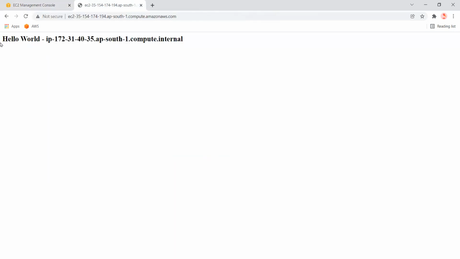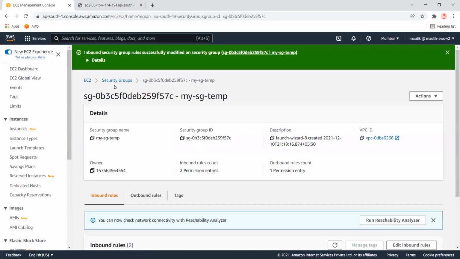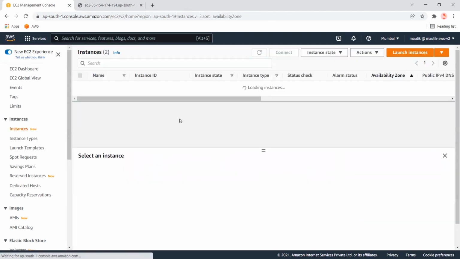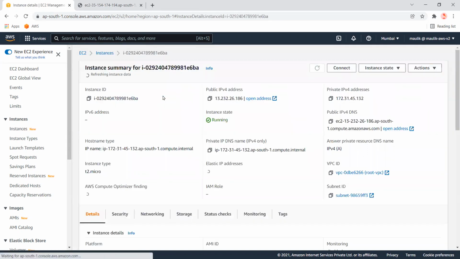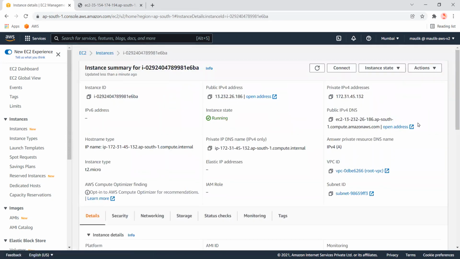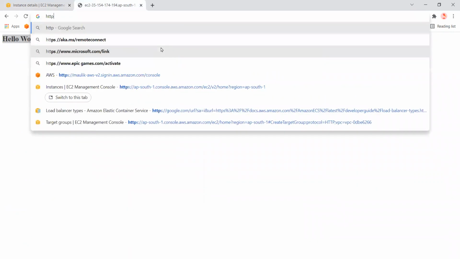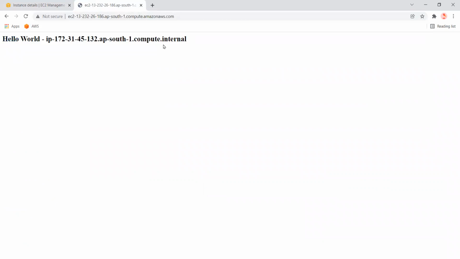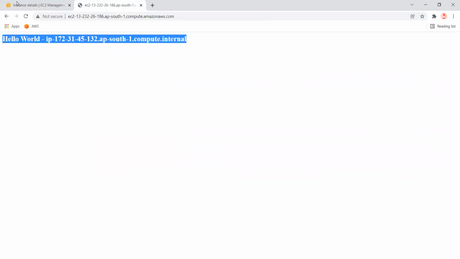Okay, fine, we can see the page. Let's check the same for the other instance as well. Okay, it is also working.